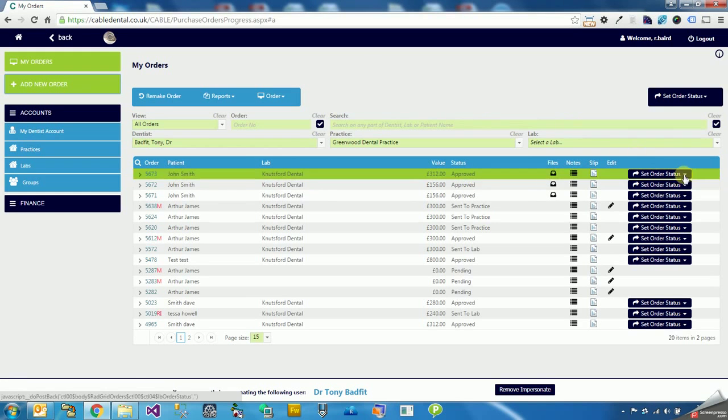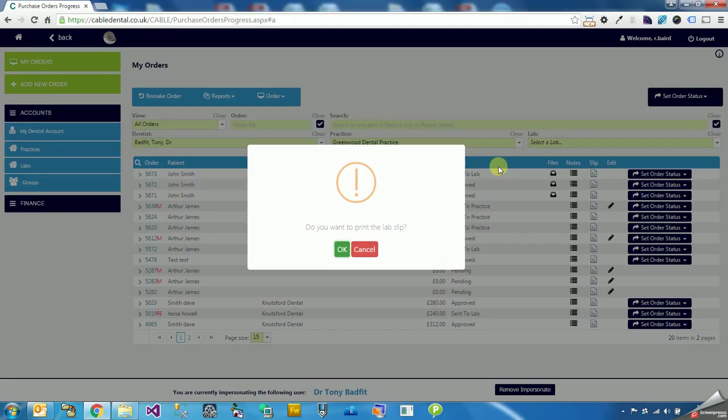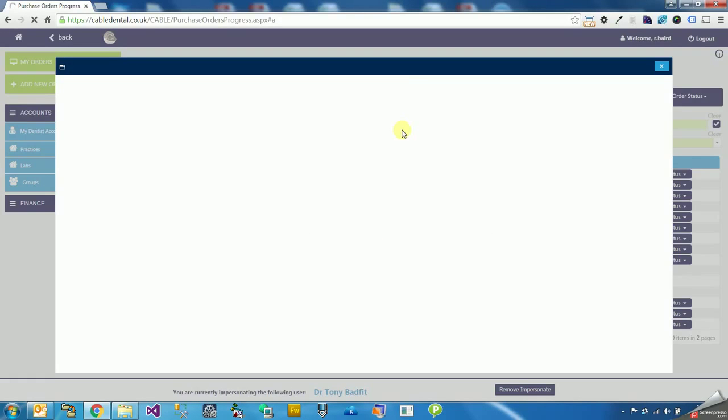But what I'm going to do here is go ahead and actually, I'm happy with that order. I know what I've put on there. I'm happy to go ahead and send that to the laboratory. So all I need to do is click set as sent to lab, and that will go ahead and send that order across to the laboratory for us. In this case, we're also prompted to print the lab slip so we can review what we've actually sent to